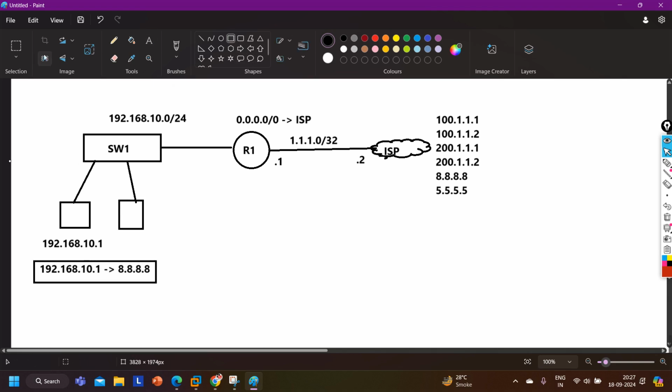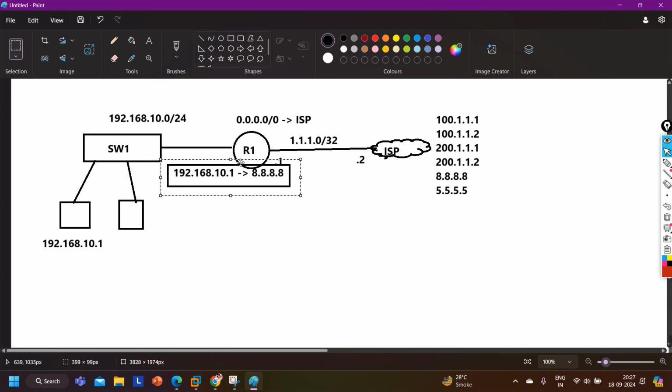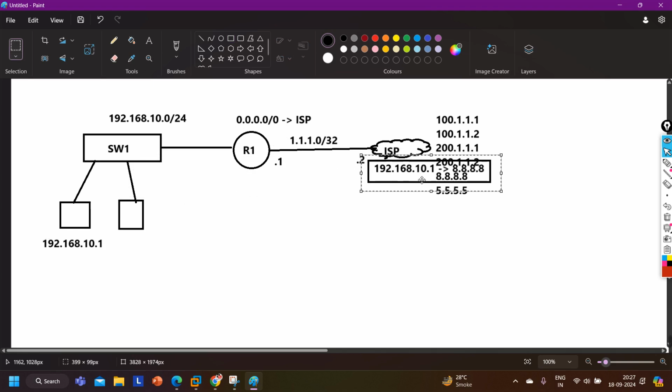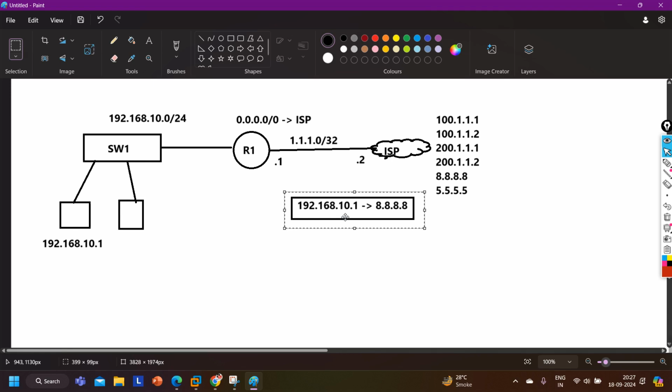Now this PC is going to forward it to router R1. By default, if NAT is not running, router 1 will check the routing table and compare the destination IP address with it. It will match the default route and forward towards the ISP. The ISP is going to drop it, because the route is not available for this source IP address, so the ISP cannot generate a reply.